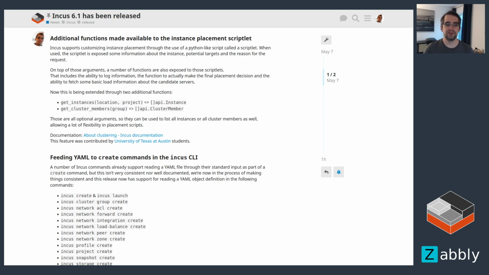Within a project, it could be that you don't want all of your instances to end up on the same server and want to better spread them. So you can use that function to get that kind of information. Or on a location, you can look at what else is running already on the potential target server and then decide that it's actually not the right server, and we should go somewhere else. The other function that was added is get cluster members. That lets you list